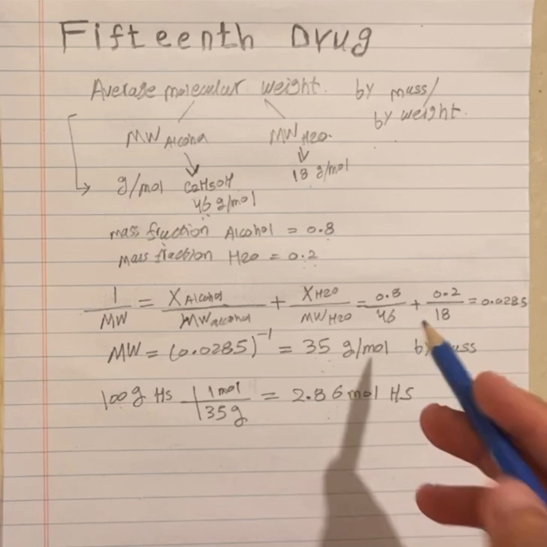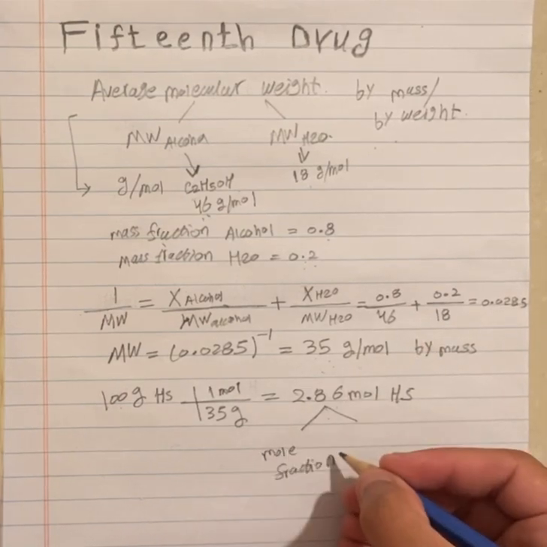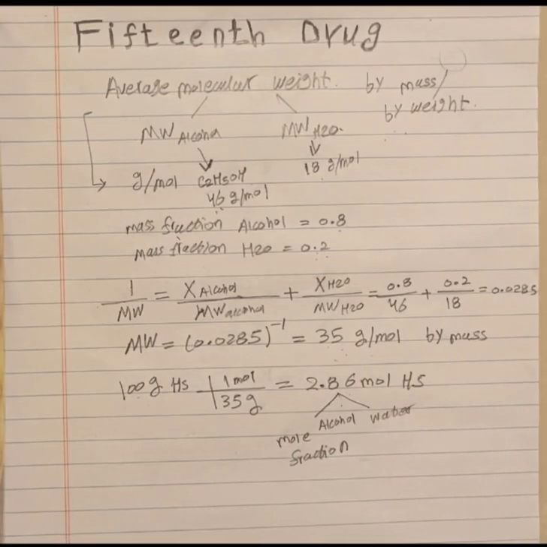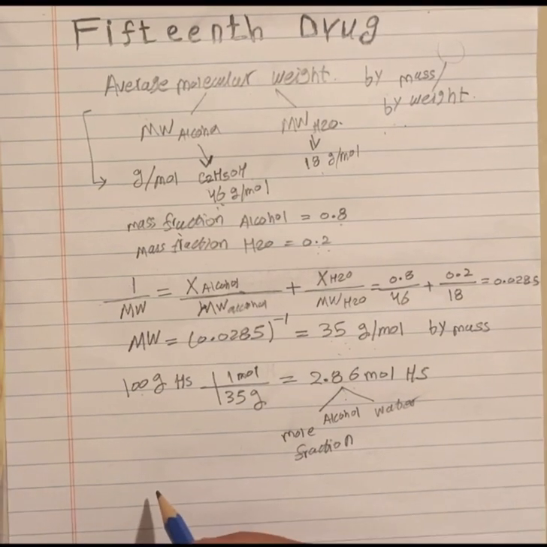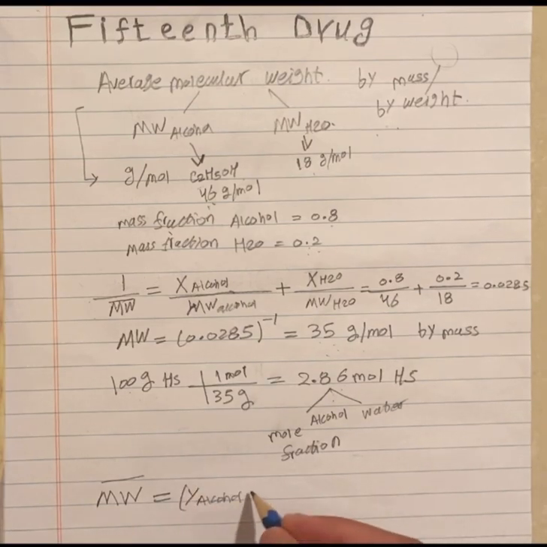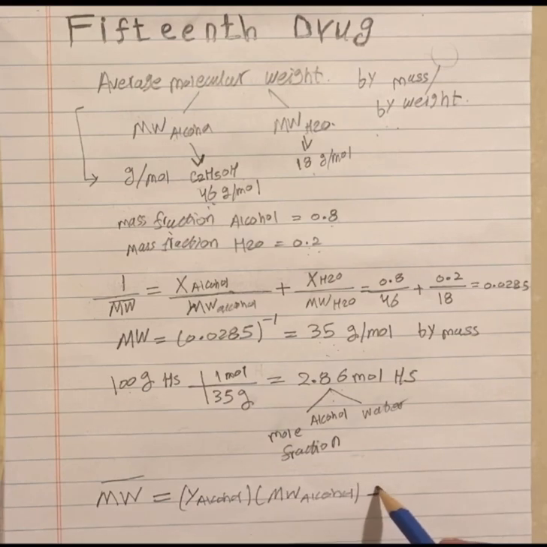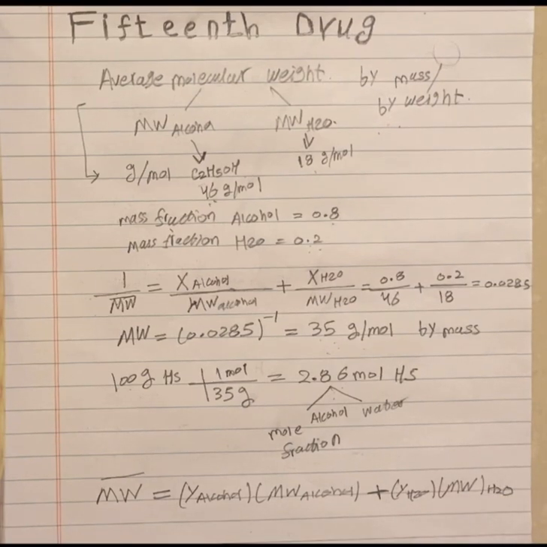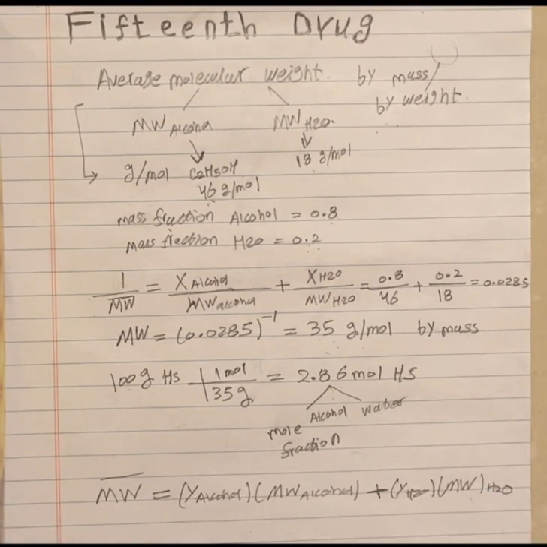If I ask you, can you find the mole fraction of alcohol and water? It should be easy, supposedly. There is a relation that says the average molecular weight by mole will be, because it's mole fraction, we say y, of alcohol multiplied by the molecular weight of alcohol, add to it y of H2O multiplied by the molecular weight of water. We have the molecular weight of water, we have the molecular weight of alcohol, but the problem here is